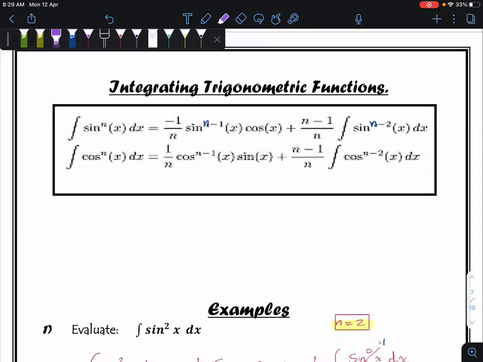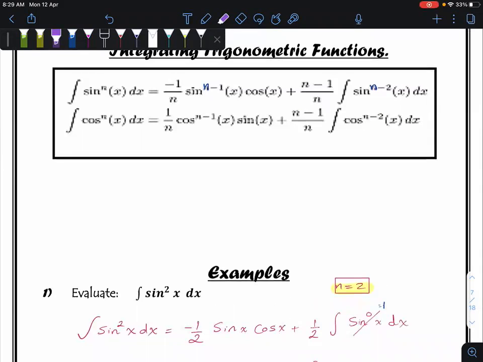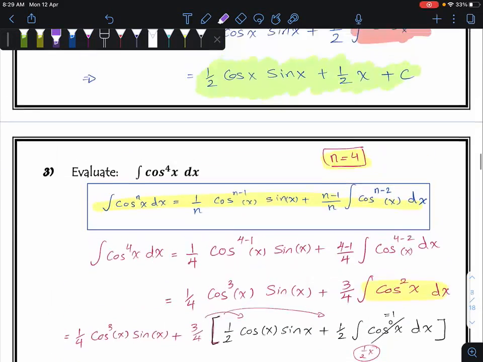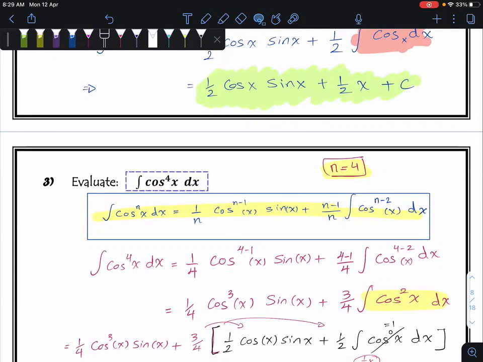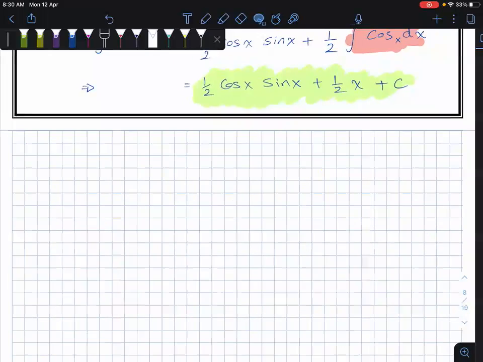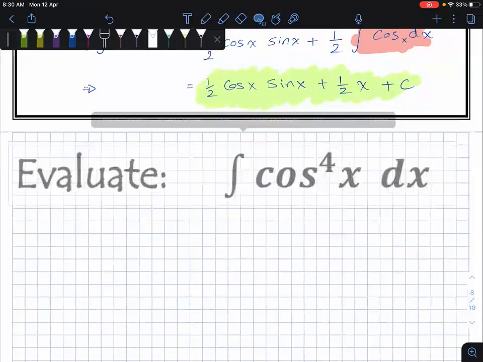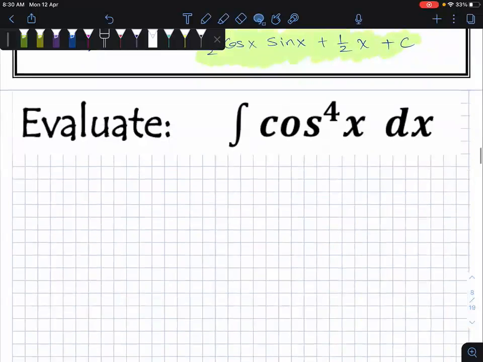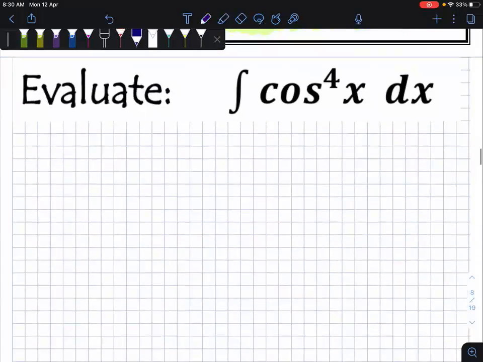Let's solve one question like cosine to the power of 4. We already solved this question before, but let's solve it again. How to find the value of the integral of cosine to the power of 4? I think that there was a question like this in the quiz, the mid test. How to find it, guys? We have to follow this rule: the integral of cosine to the power of n x dx is equal to